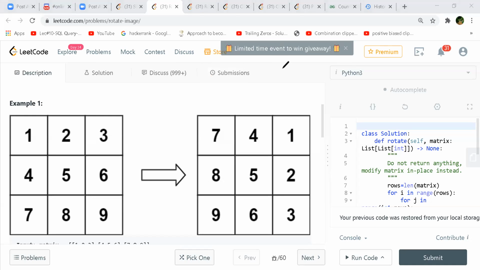So you are saying first hit this outer one, this, this, and then this, and this. Yes, and then go to the inner layer. Last only one element, 5 will be 5. So you are swapping 7 with 9, 7, 1. These two you will swap. So 1 will go to 3, 3 will go to 9, 9 will go to 7, and 7 will go to 1.